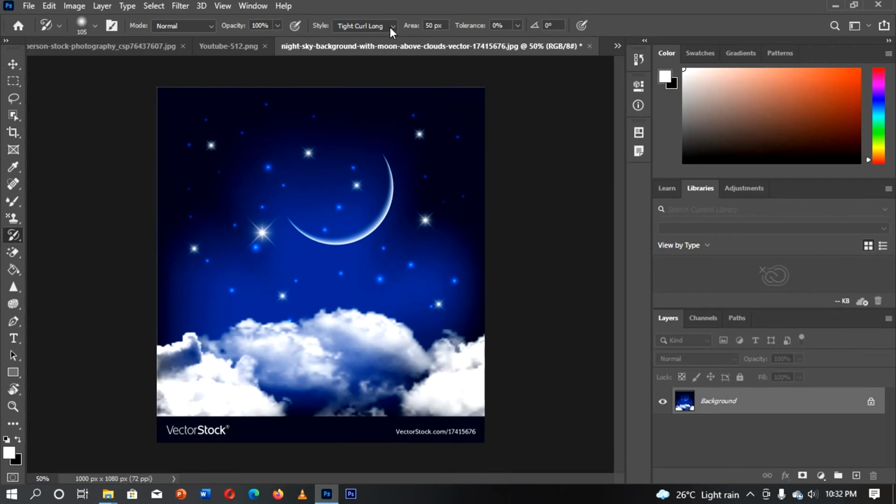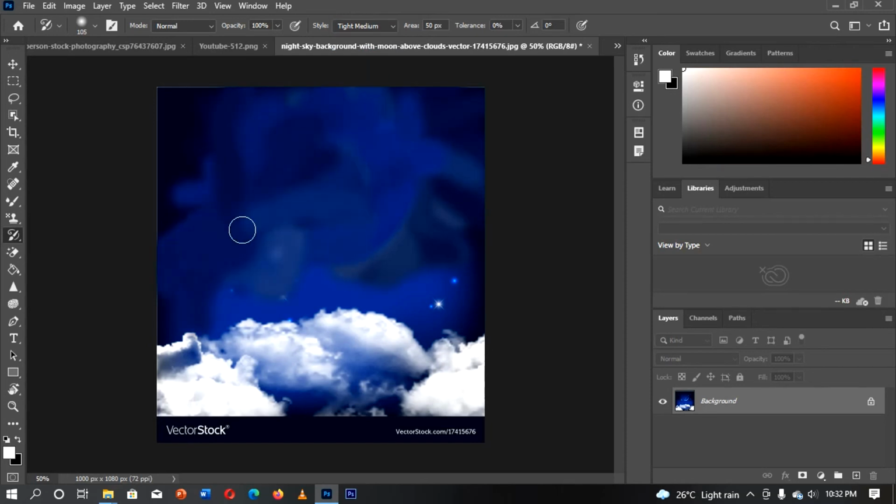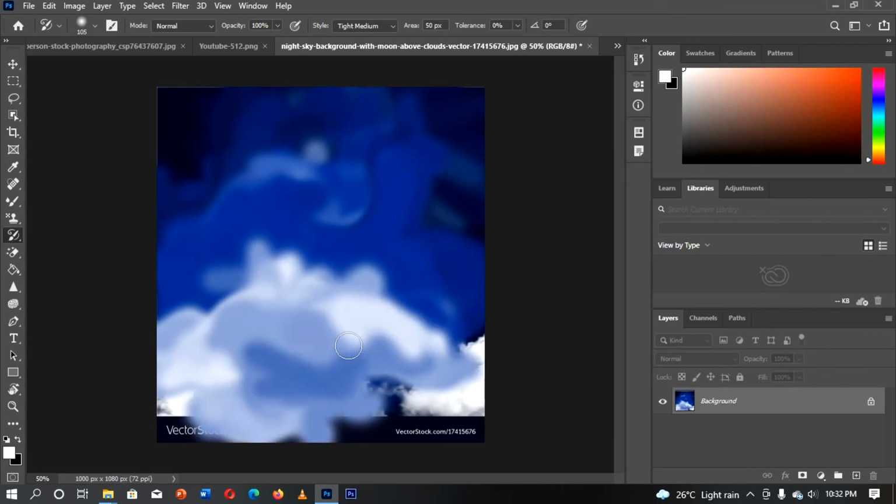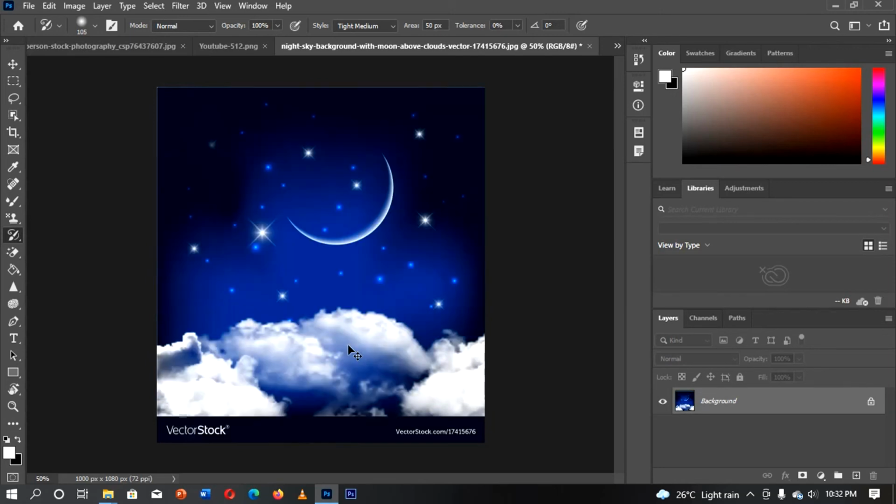Let's change. Assuming I want to use tight medium, left click, drag over like that. So basically that's the use of the art history brush tool. It paints stylized strokes with pixels from an earlier state of the image. So let's move to the next tool,